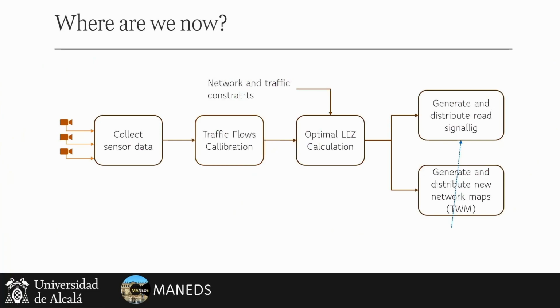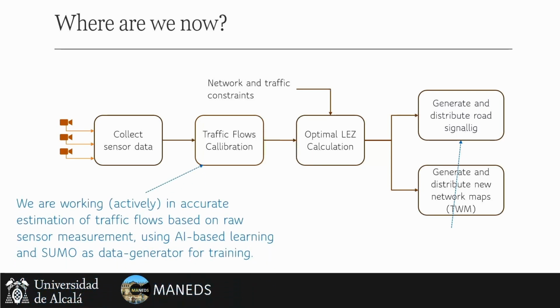Where are we now? We have seen so far this optimal LEZ calculation algorithm. Now we are working on the traffic flows calculation. We are not pure transport engineers. We are computer science and electrical engineering. We are working on AI-based traffic flow calibration. We have several models, seven models in fact, already tested here. It's not for today's presentation, but just to whet your appetite for the AI-based learning. The latest figure that I've got is our models are achieving yet